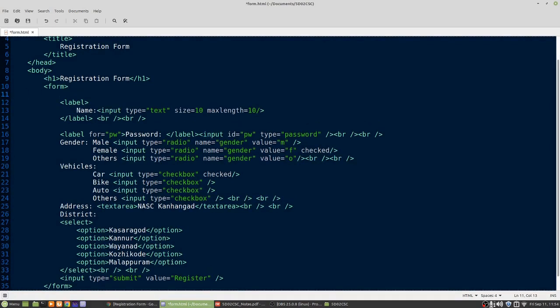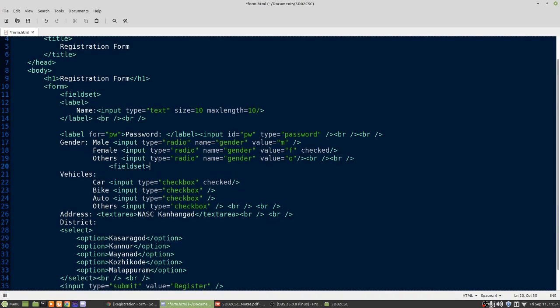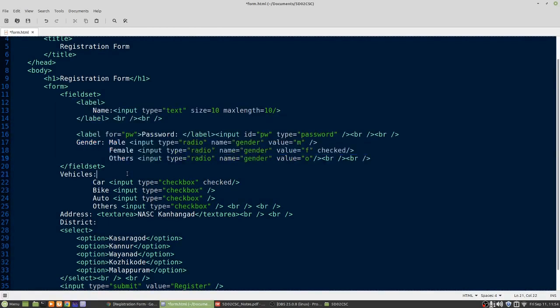So just before the name, use the field set tag and close this field set just before or just after the gender. Okay, field set and closing tag. So this part is our group, the name and gender. This is the opening tag and this is the closing tag.